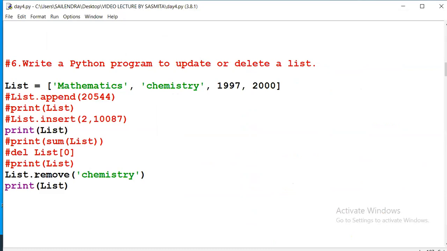And if we want to remove by value, we write the value name. So there are two types, delete or remove.